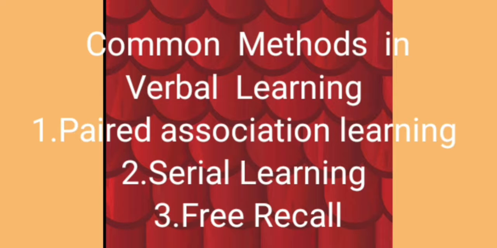The second method is serial learning. The task here is to memorize a list of items in the order in which they are presented. Most serial learning studies use a procedure called serial anticipation, where one stimulus word is presented at a time and it acts as a clue for the next word. Then the second word is shown and it serves as a cue for the third one, and so on. Serial learning occurs when students attempt to learn school related material like the periodic table, months in a year, planets, colors in the rainbow, like that.